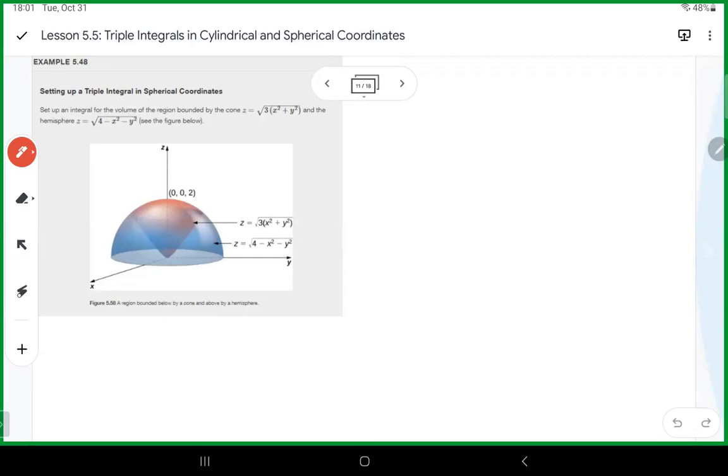So kind of a similar image as before. We're using conversion formulas from rectangular coordinates to spherical. We would have the cone would be z equals the square root. Well, that's what they give you. So we're just going to do the conversion. So that would be